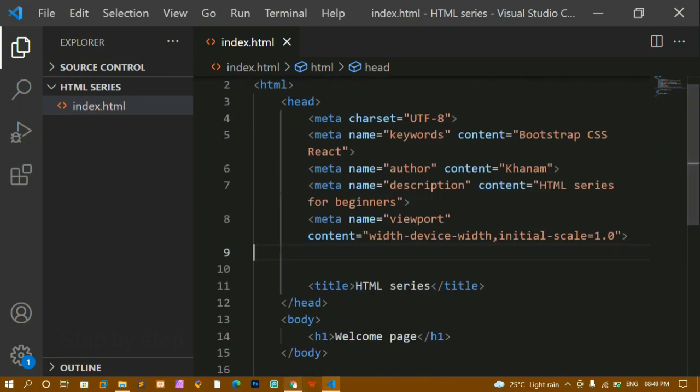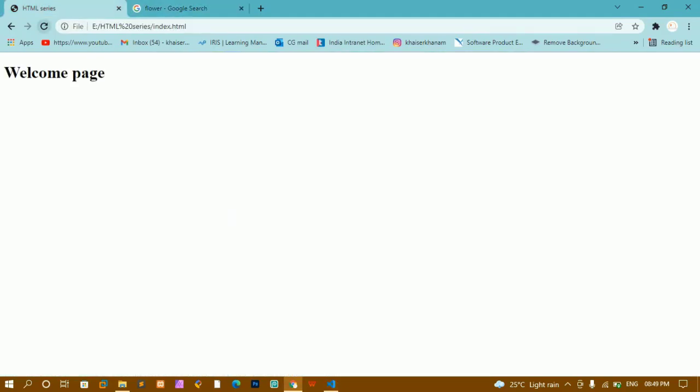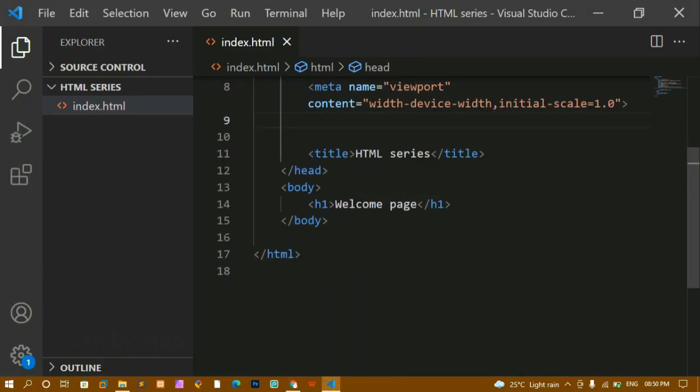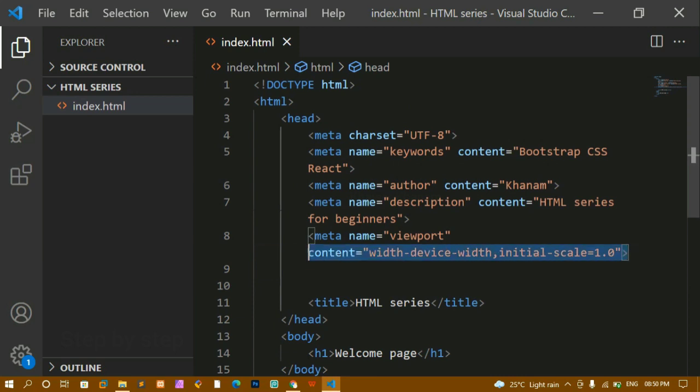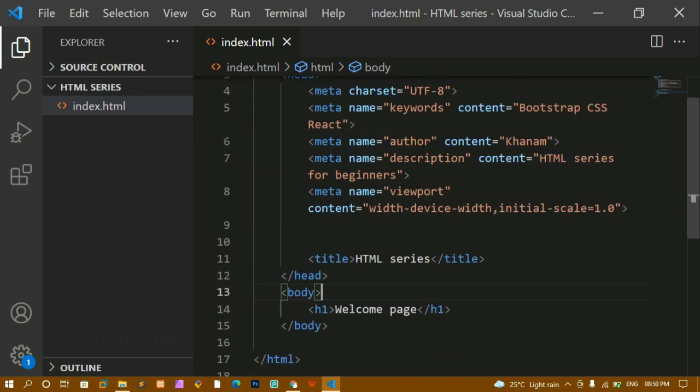For this normal website, if I just come here and show you the output, you will not see any effect, but if I give images, this will be very useful. For responsive we are going to study about that as well, but you really have to understand about